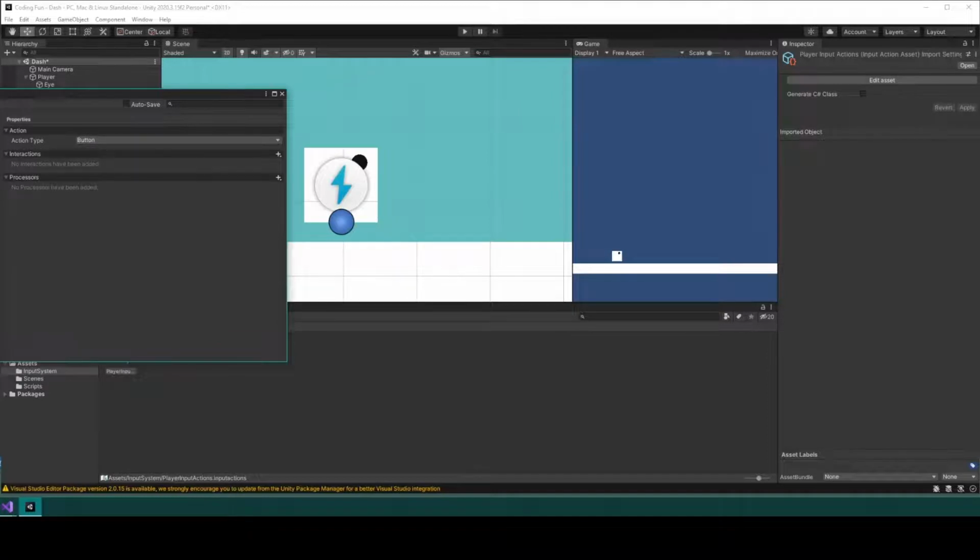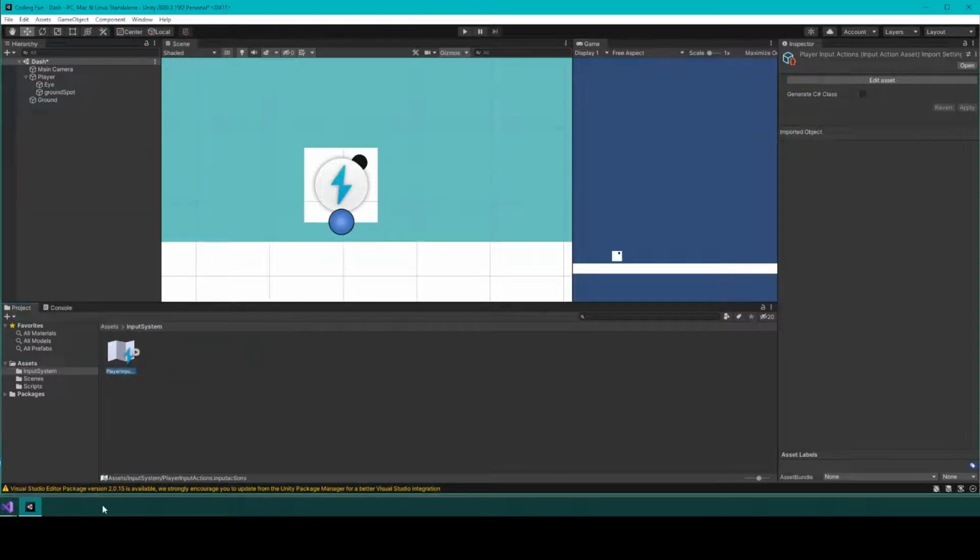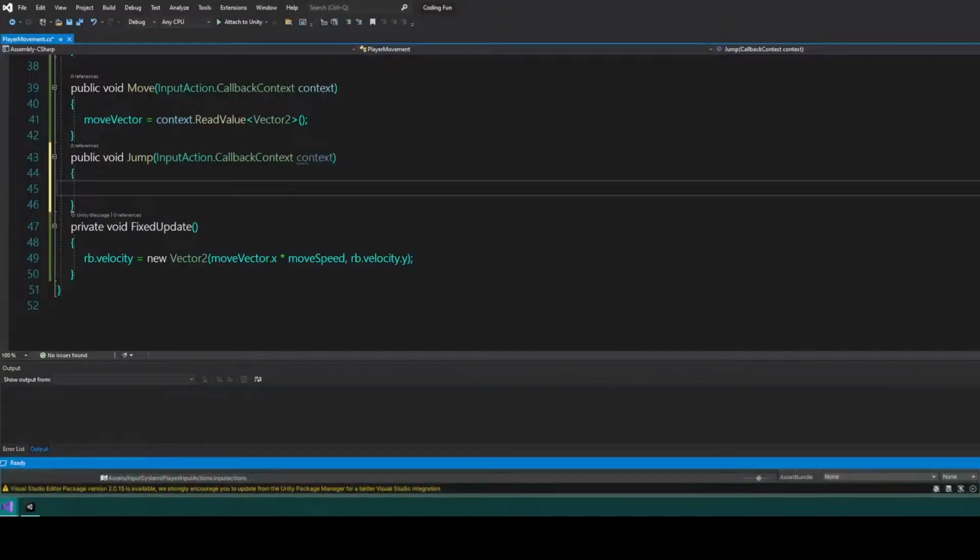For jump and for dash, you can see they're both, the action type is a button. So that's what we're going to do in the code. We don't have to read a value, but we have to know if the jump button, which we assigned as the space bar, has been pressed. So in order to do that with the Unity new input system, we say if context.performed,